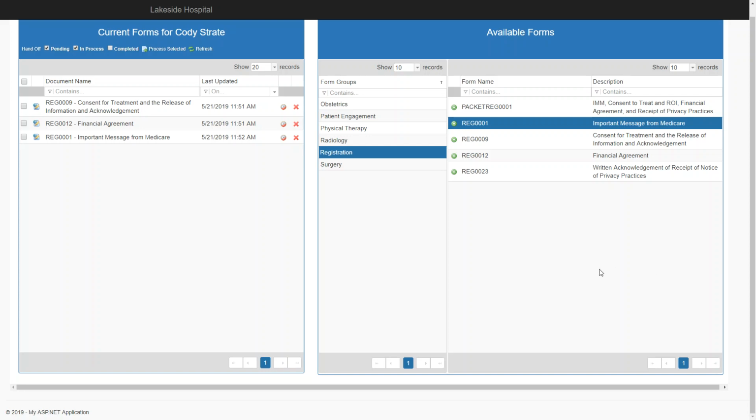This is our solution. We call it Passport. Specifically, it's VNUI being used in the context of registration, and this will automatically pop up after the registration process for the patient is complete. And what we are doing behind the scenes is we are going to automatically select the forms for this particular patient. So we're going to leverage information such as financial class, language, perhaps where the patient is from, to choose